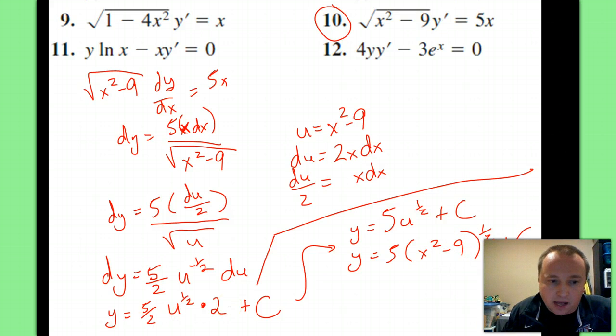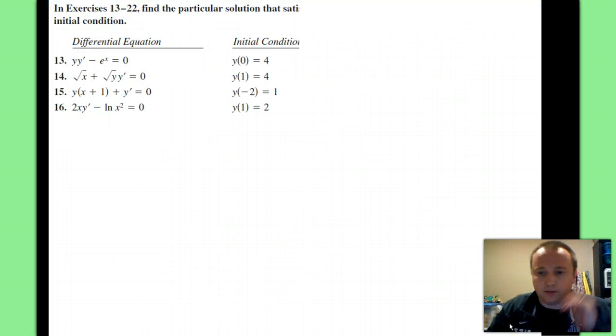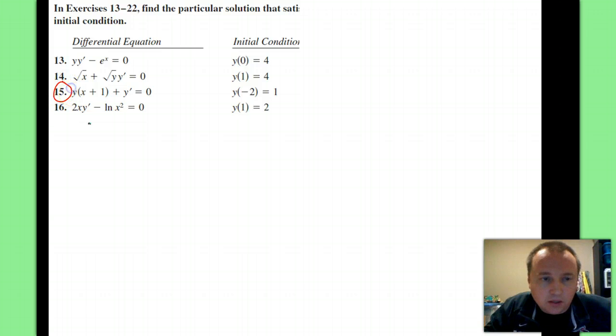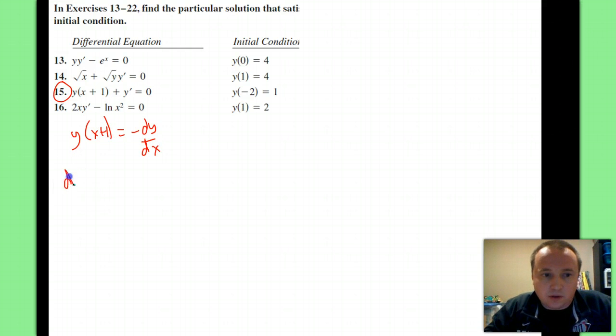All right, now let's take this one right here. So we're going to do number 15. Here we go. I start by saying I'm going to get my y prime to the other side, so negative dy dx to this side. There's an x plus 1 here, so I'm going to move my dx this way. dx times x plus 1